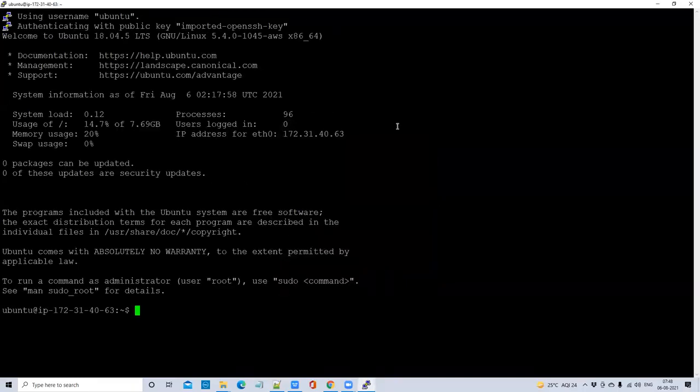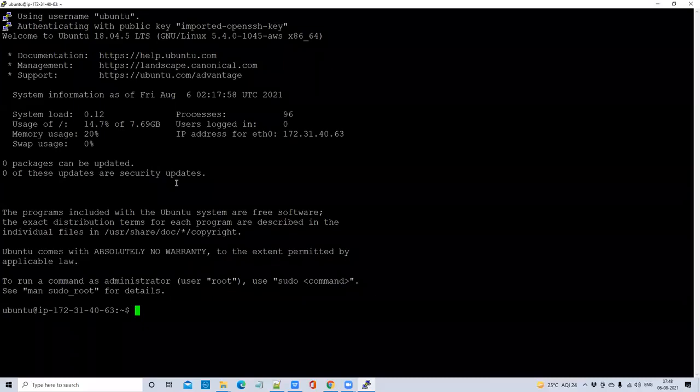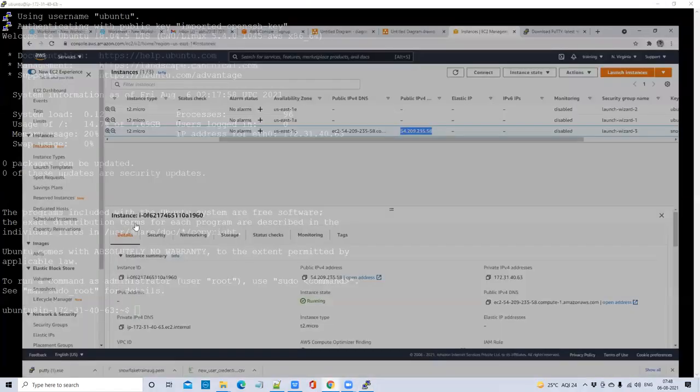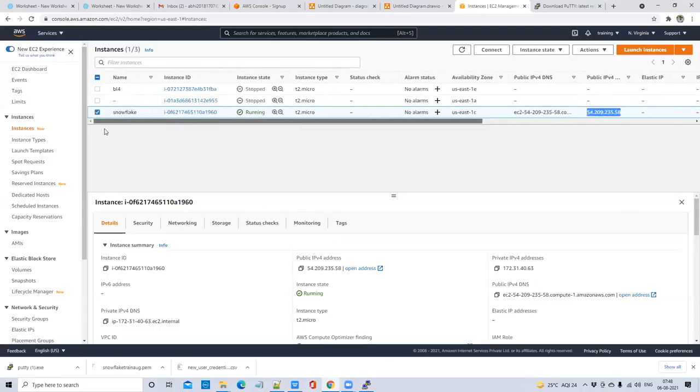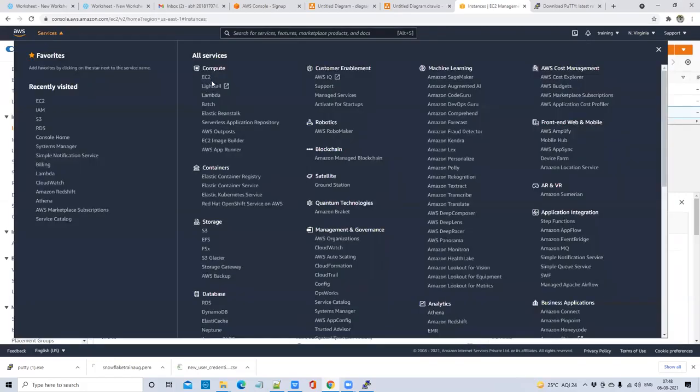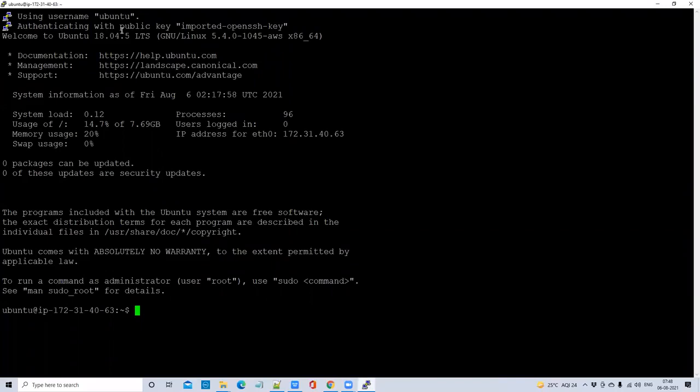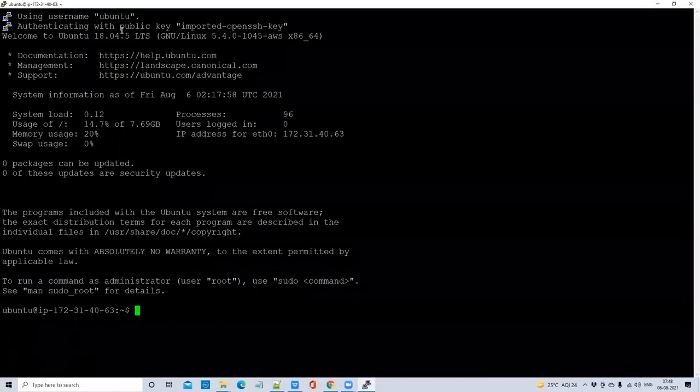So see here, within maybe 5 to 10 minutes, I am able to spin up a new virtual machine. This is a way to create a new virtual machine in your AWS cloud. That is your EC2 service, Elastic Compute Cloud. As a Snowflake developer, you don't need to worry about the setup. If you don't get it, don't worry about it. Your admins will do it. I just wanted to show you this process.